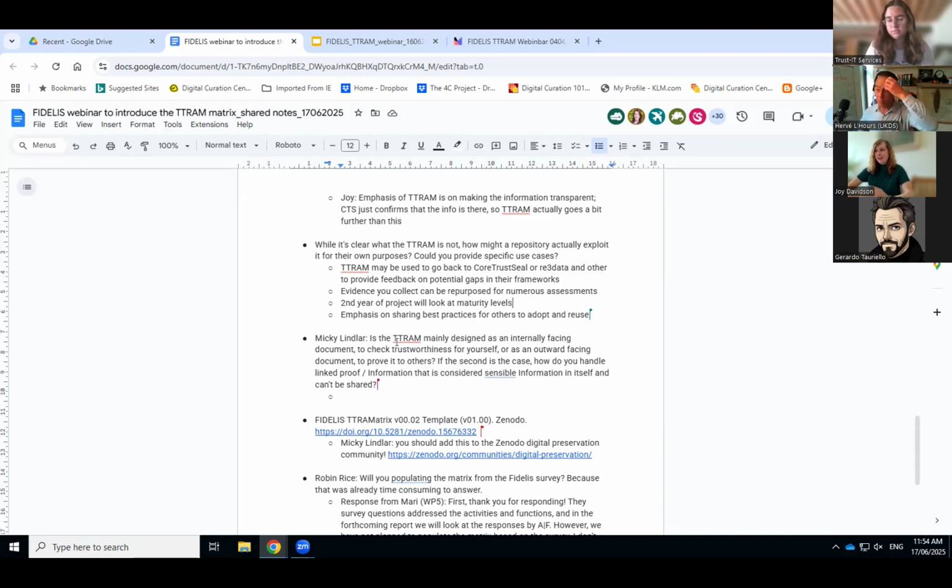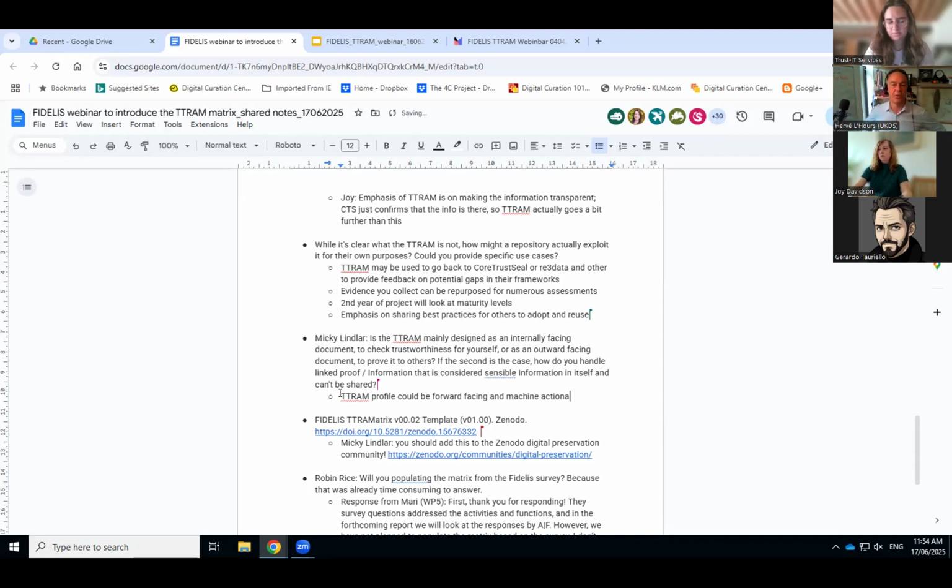Yeah, I mean, in that case, if it was the second case, how do you handle the linked proof and information in a way that can be shared? Yeah, I'd like to get to the point that we've discussed on different bits of work on FAIR impact, that I don't have to type my information into 30 different locations every time, or correct a bunch of information that's been scraped from the internet about my organization. So yes, machine actionable, transparent information exposure is part of this,